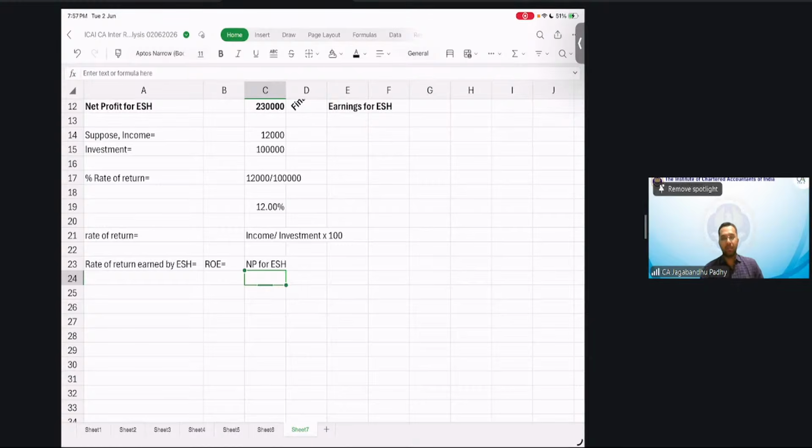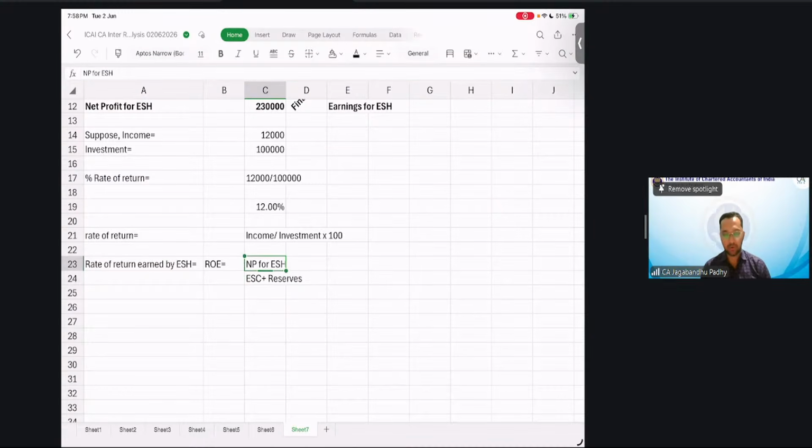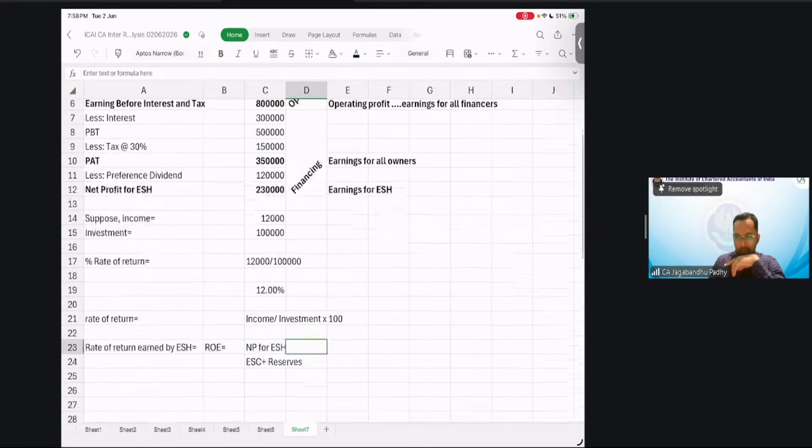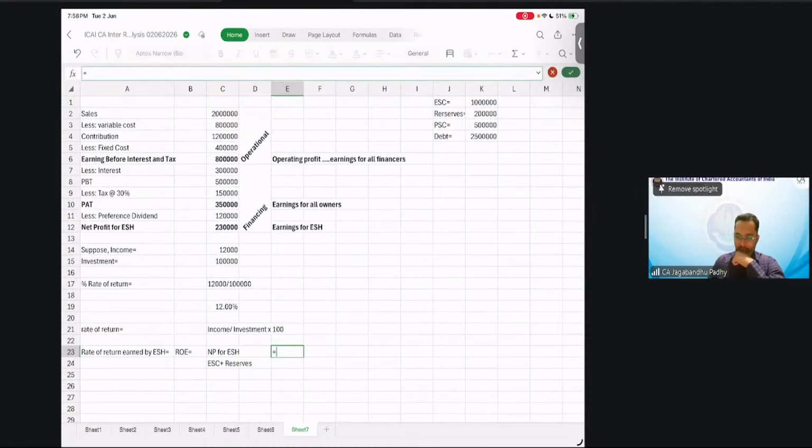What is the investment made by equity shareholders? Well, it will be equity share capital plus reserves, right? So net profit for equity shareholders divided by share capital plus reserves, guys, because reserves also belong to the equity shareholders, right? So in this particular case, can you tell me what's the rate of return